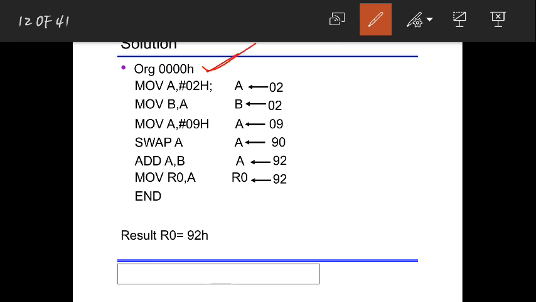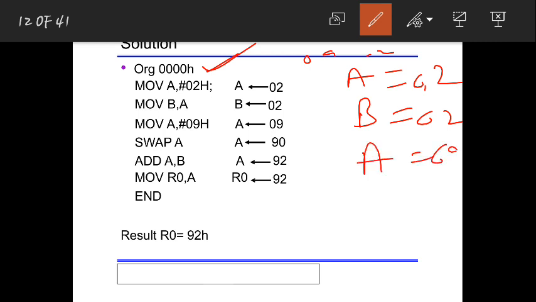Now first I'm loading A with 02. My question was I should pack both numbers 09 and 02. So I'm just loading A with 02. Then I'm moving that 02 into B. Okay, 02 I just moved to B. Next I'll again load A with 09.